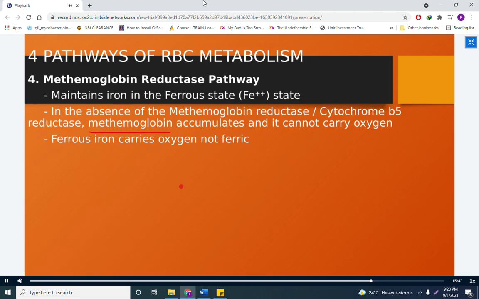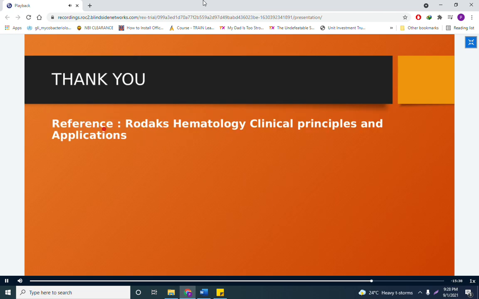We can discuss that next week. So with that ends our RBC metabolic